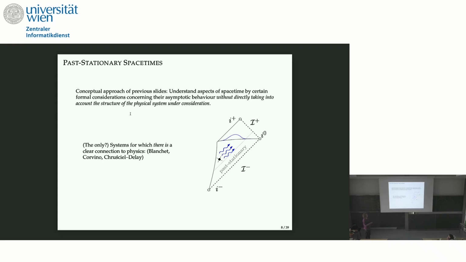So it turns out that if you have a spacetime which was exactly stationary up until some finite retarded time, and then somehow something breaks the stationarity, then in such spacetimes you do have a smooth null infinity, and you do have 1 over r expansions. So this is exactly this paper by Blanchet that you're referring to. Blanchet assumes that up until some finite retarded time, the spacetime is exactly stationary.